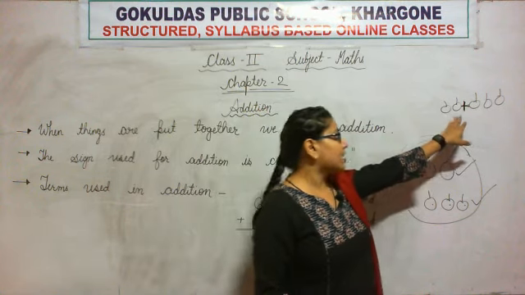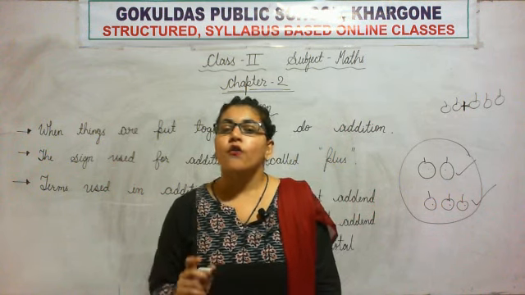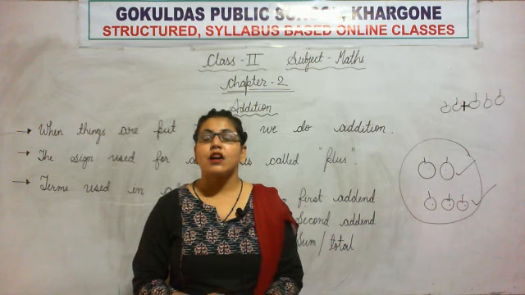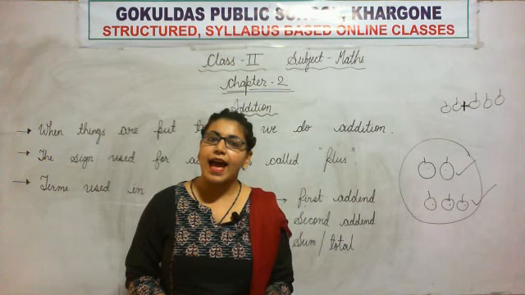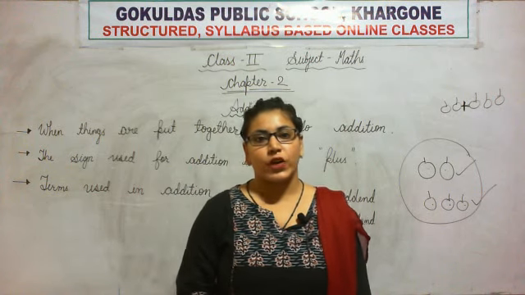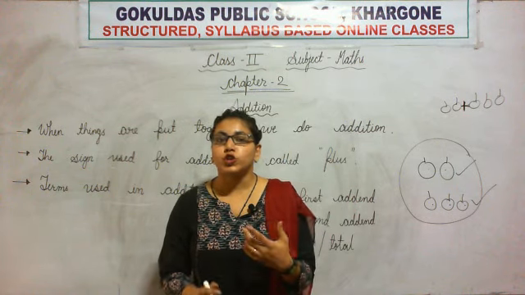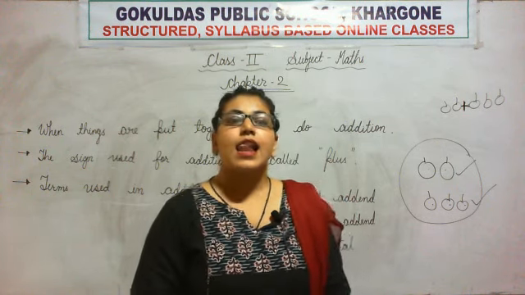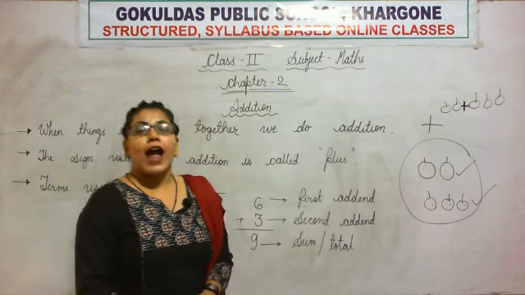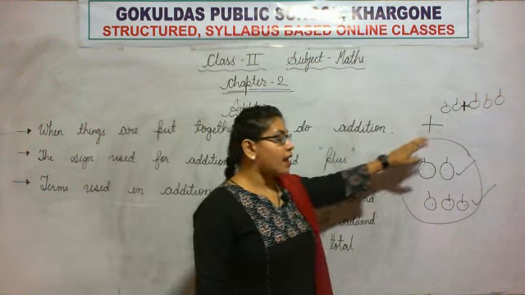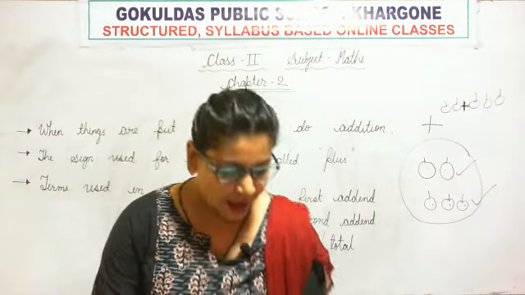What this sign implies is addition, like we have the greater than sign for showing a number bigger, the less than sign for showing a number smaller, and the equals to sign for showing 2 numbers equal. Likewise, we have this plus sign to show addition. We pronounce it as plus.